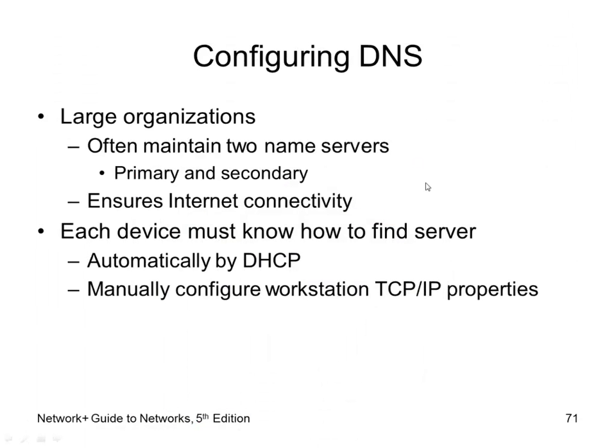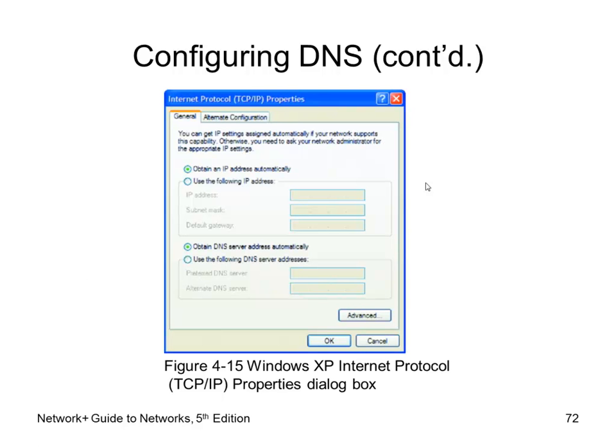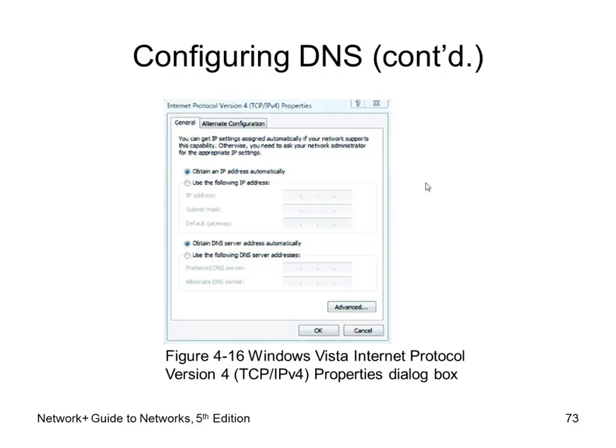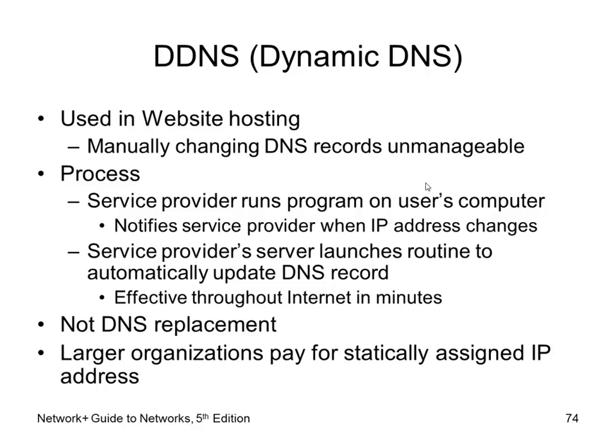All right, so we can use DHCP to automatically assign this stuff, or we can do it manually, which we saw. Here's how we did it. Remember that? It should look familiar to some of you. I showed you all how to put in that Google address for your house. All right, there's an older version. DNS. Oh, dynamic DNS. Oh, I love dynamic DNS. Let me show you where this one's at here.